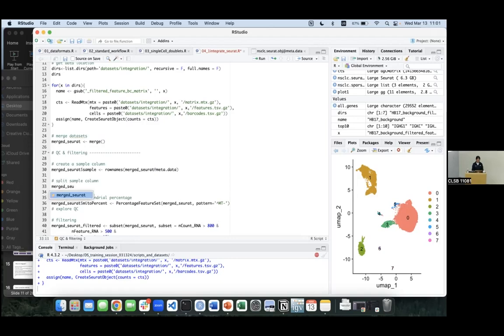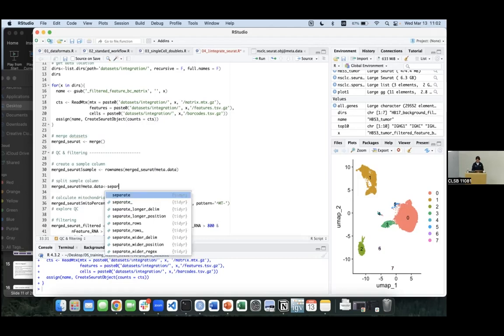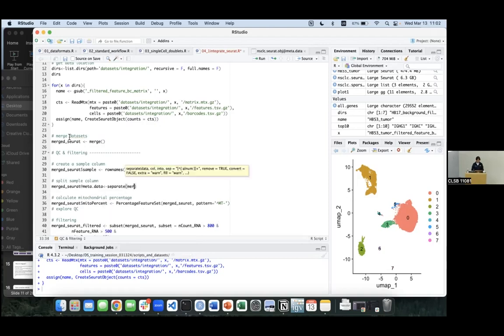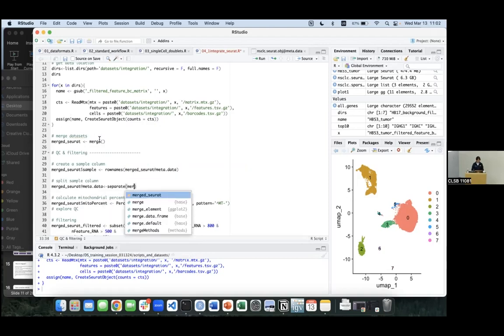Essentially, we'll want to separate by patients, by type, and by treatment group. Okay, so it's finished running. Let's merge. Oh, let's quickly view